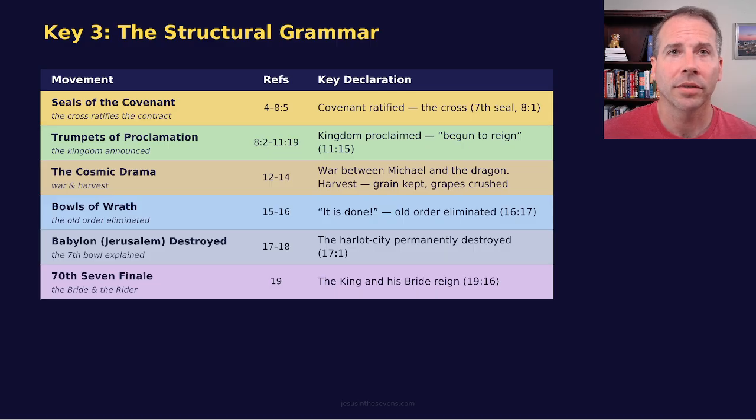So the 70th 7 finale is Jesus riding out and beating the enemies that were there. And so the old is finally done. The new is there. It's very much a new Exodus. So you'll see the song of Moses and of the Lamb in this, actually not in 19, I think that's 18, sorry. Or maybe the bowls of wrath, I think it's 16. But anyway, the picture at the very end is very much a new Exodus, the song of Moses and